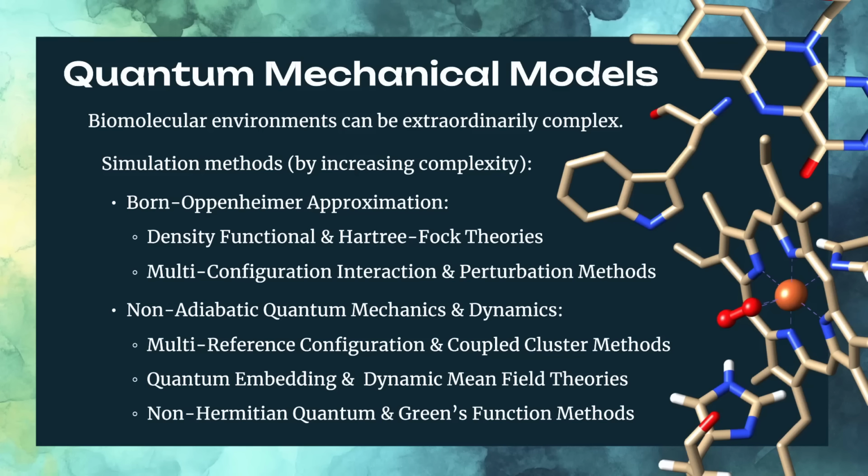Now, as things get more complicated, if we have an electron undergoing a quantum jump, tunneling from one molecule to another, we might need to take what's called a multi-configuration approach, where we need to consider different electronic configurations of the system that are only weakly coupled, for example, in a tunneling effect. And we might address this through perturbation methods, which can get very complicated very quickly.